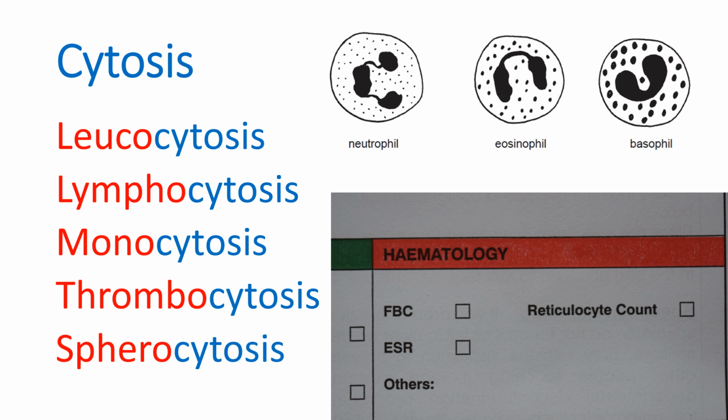Thrombocytosis is an increase in the number of thrombocytes. So thrombocytopenia would be a deficiency in the number of thrombocytes. And these are the platelets which are essential for blood clotting, of course. And we check these when we do a full blood count. An FBC will give us a differential white cell count indicating the possible cause of a leukocytosis or a leukopenia. And the other example there, spherocytosis. Spherocytosis is a genetic disease where the cells become rounded, spherical, as opposed to the normal erythrocytes, which are the biconcave discs.